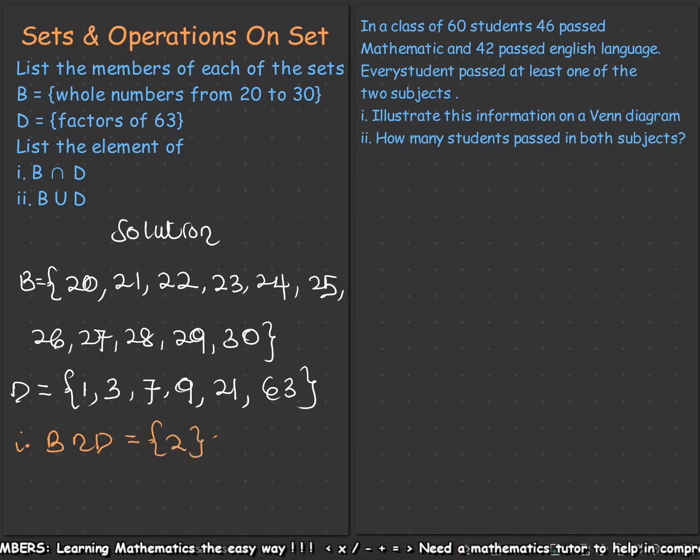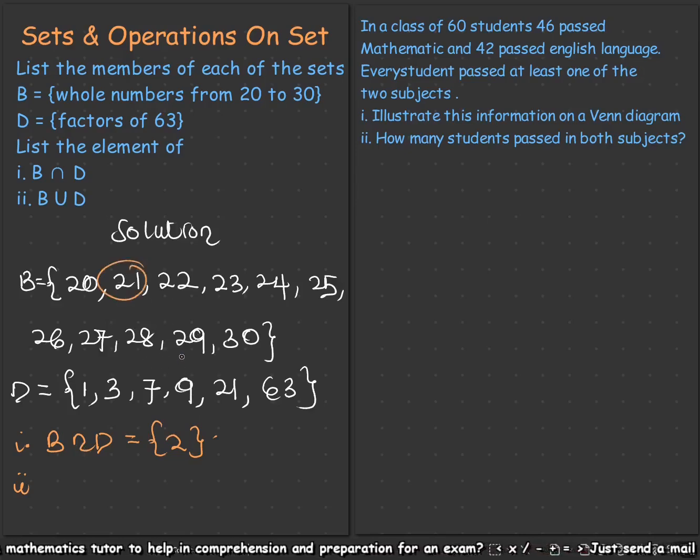Then the next one says we should do what? We should find the union of B and D. Union of B and D. So over here, they just want to test your understanding of what? Union. And you know, for union of sets, we don't repeat elements that are in both sets. You just write one of them, and then the other elements in the other set. So B union D